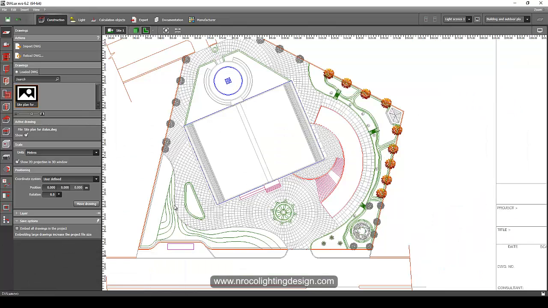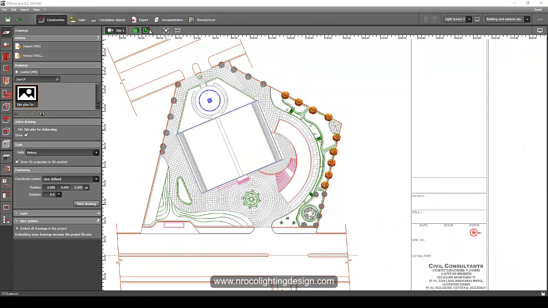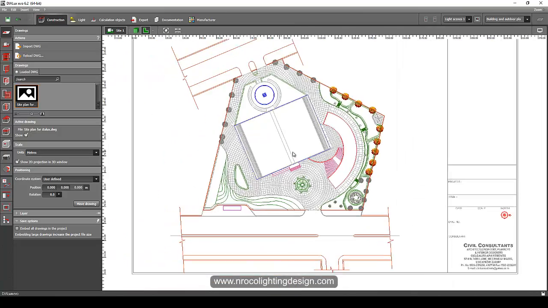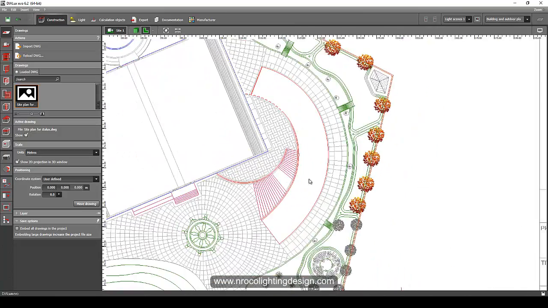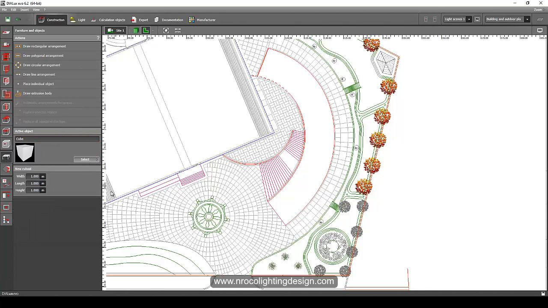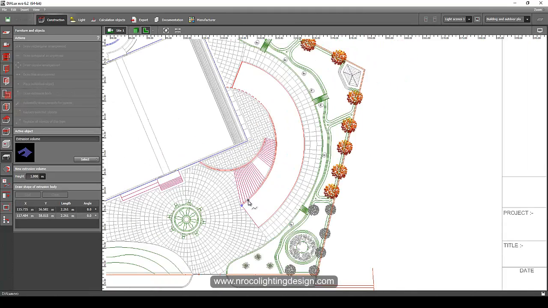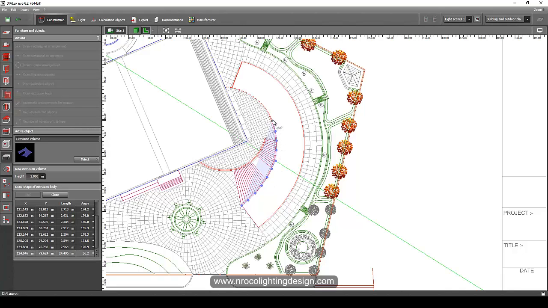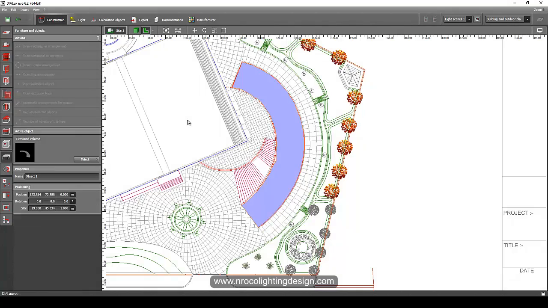And then if you want to create the curved ramp in DIALux Evo and you don't have SketchUp, then just go to the object, select the extrusion volume, and do your curve line like what I am doing right now. Let's imagine I'm doing it perfectly. Okay, so this is the curved ramp, and then create this one. Alright, continuing to do it like this. And then okay, let's say you have